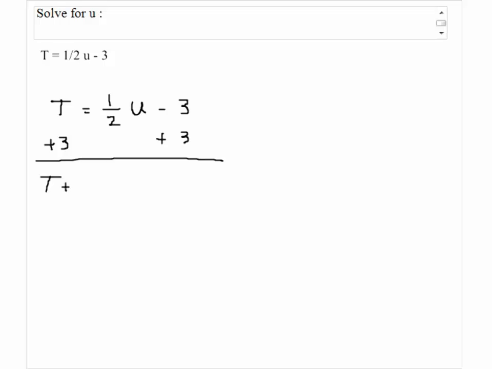I would get t plus 3 on the left hand side, and I get 1/2 u on the right hand side. To isolate u, I need to eliminate 1/2. To do that, I can multiply 1/2 by its reciprocal, which is equal to 2 over 1. So if I multiply both sides of the equation by 2 over 1,